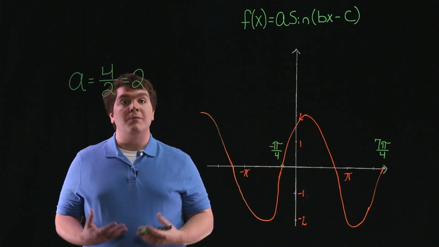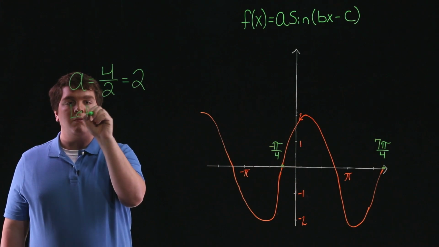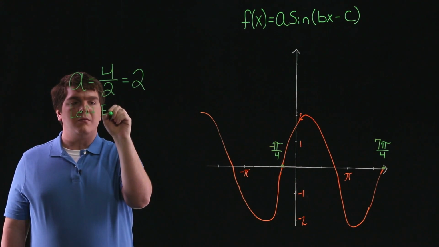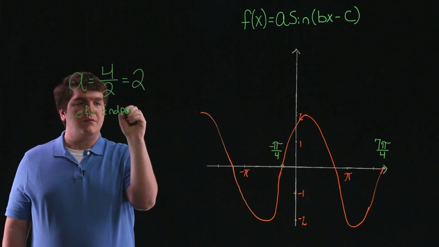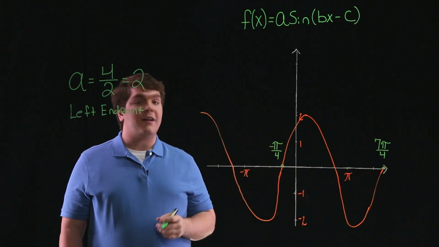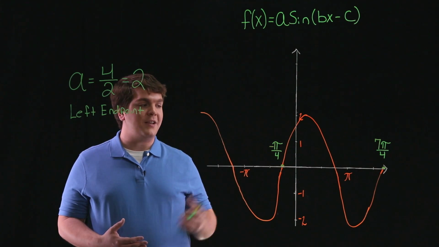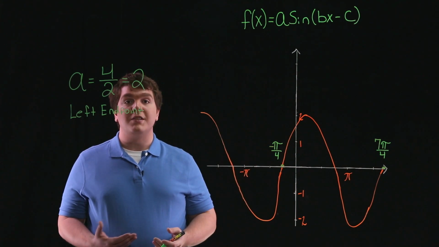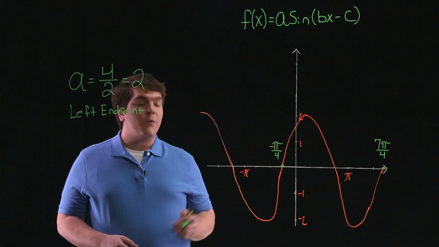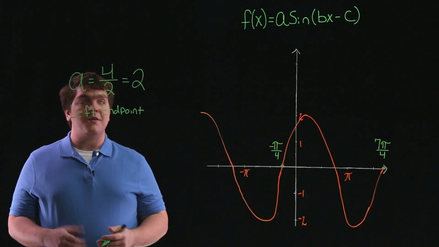The first thing we'll wish to do is consider the left endpoint. We know that in order to get the left endpoint of our period, we set bx minus c equal to 0. In this case, we know what the value of x is. It's -π/4, so we'll substitute that in,